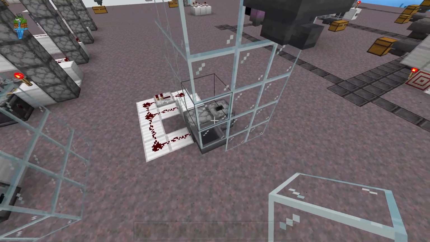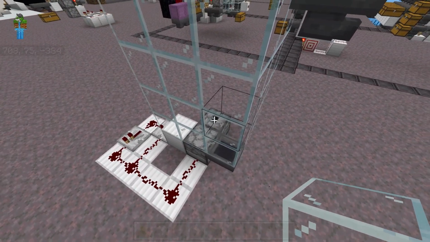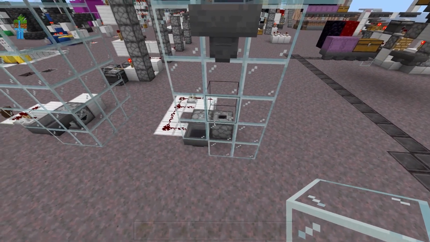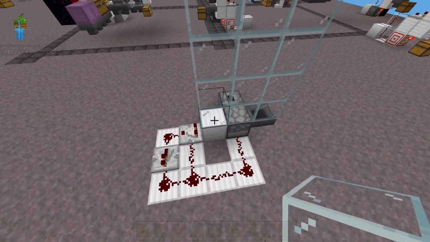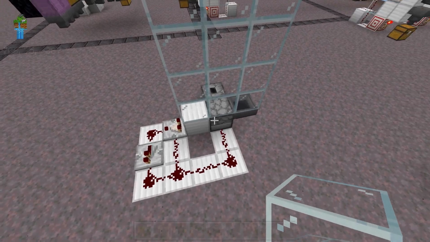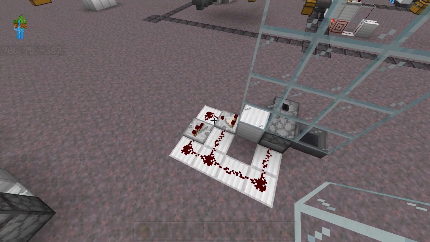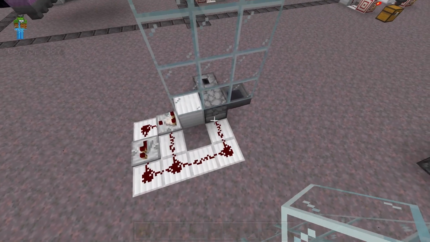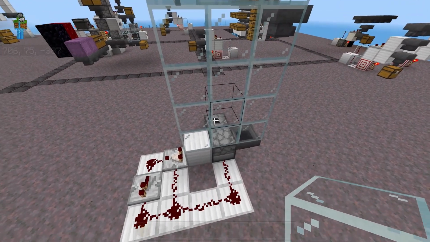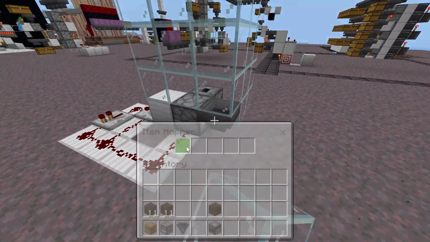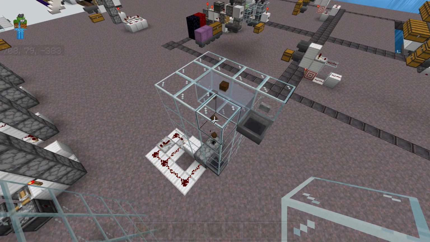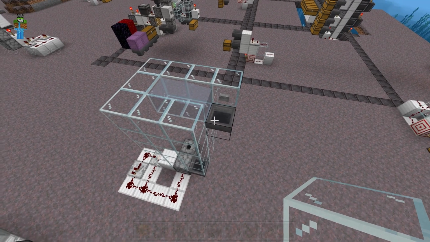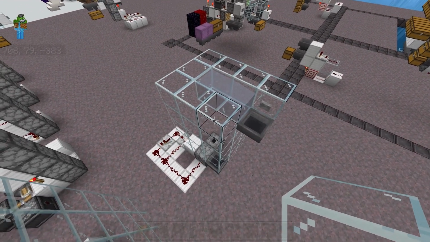Now, this one right here is a little more stable. Having the dropper in the center of the 3x3 tower is a lot more stable, but your clock has to be slightly bigger in order to power it. So again, we just have a comparator clock where the comparator is activating the repeater, which is then activating both droppers and turning off the comparator, thus making a clock. And so with this one, we don't need any extra blocks because the dropper is in the very center, so the item physics tend to be more stable. And then we just have some running water up at the top to push those items into a hopper, and then a button to stop the water from flowing out.